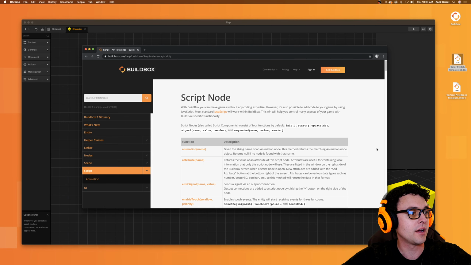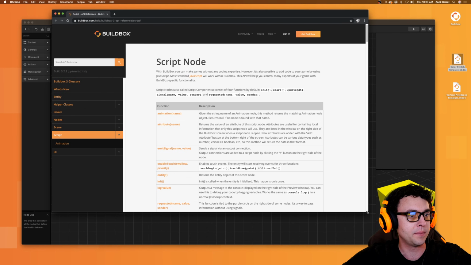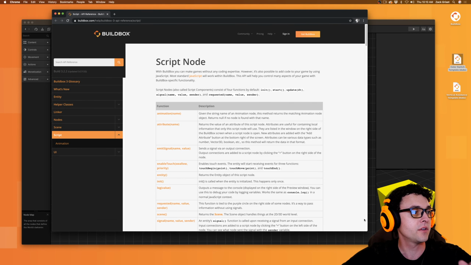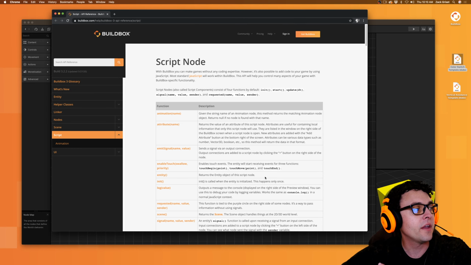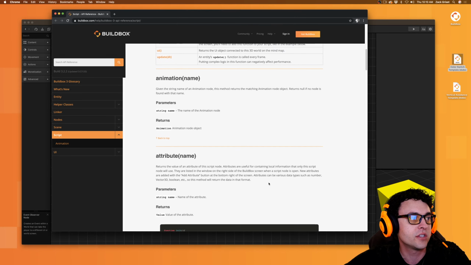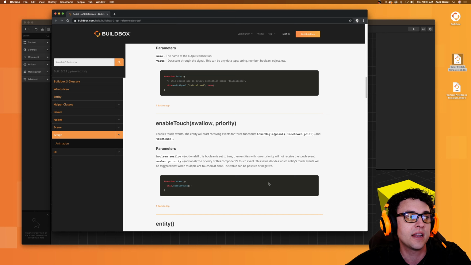It'll take you to the JavaScript API reference guide here online. I'm going to go ahead and just pull it up here. See, okay, it looks good. You can see it. I'm not blocking the screen. Okay, so there's a ton of stuff in here, right? There's just a ton to look through, and it explains all of the different functions and how they work, like